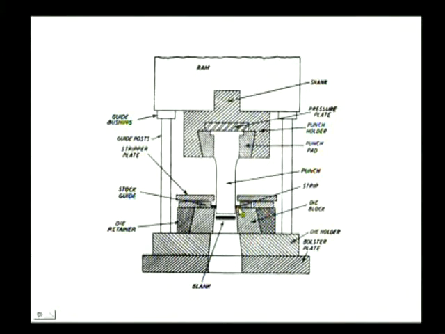You can see here this is the stock, and this is the blank being cut by the punch action. In fact, the punch and die act as a tool in cutting the material to the required shape and size. As you know very well, there are metal cutting dies and also forming dies. Here is an example of metal cutting dies where a washer is cut from the stock metal, and this is called the stripper, which we will discuss right now.